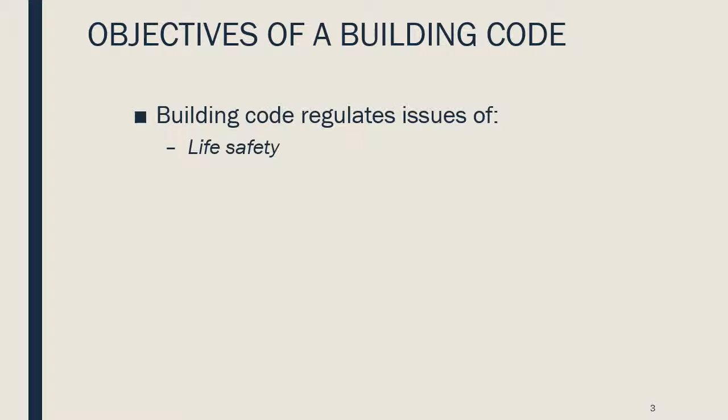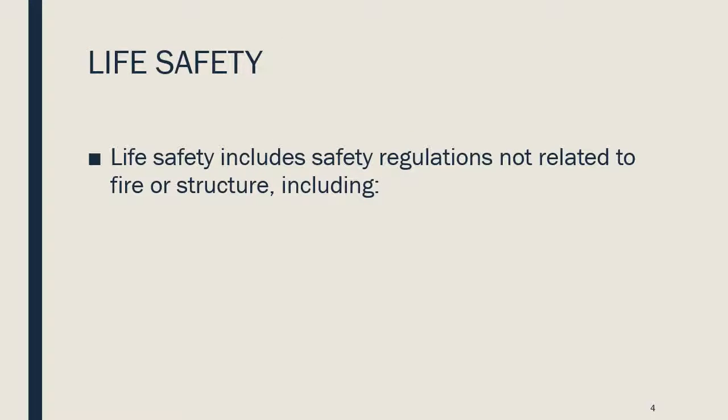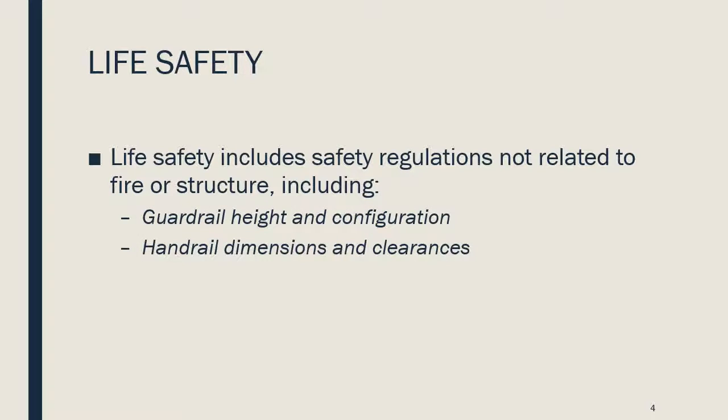The building code is going to regulate things like life safety, fire safety, structural safety, health and welfare, property protection. Life safety would include safety regulations that are not related to fire or the structure, such as guardrail height and configuration, handrail dimensions and clearances, stair tread to riser ratio, and the uniformity. And this comes under life safety because the height of the guardrail would have no effect on the fire or the structural